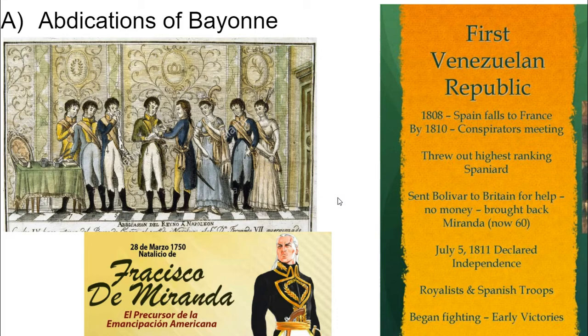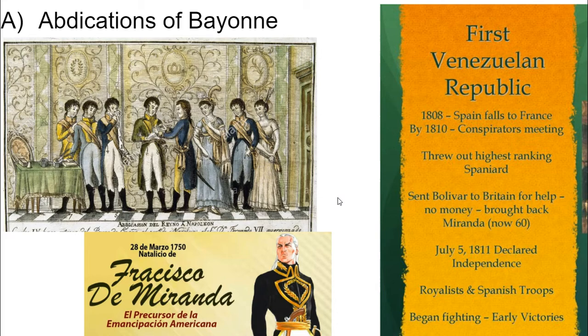And so, for all of these Spanish colonies, all of a sudden there's a power vacuum. The King of Spain no longer exists. And so, who's actually in control of these colonies? Who appoints the peninsulares? And why should we listen to them at all? A lot of people decided that no one does, and we need to set up our own governing councils to sort of rule Latin America.